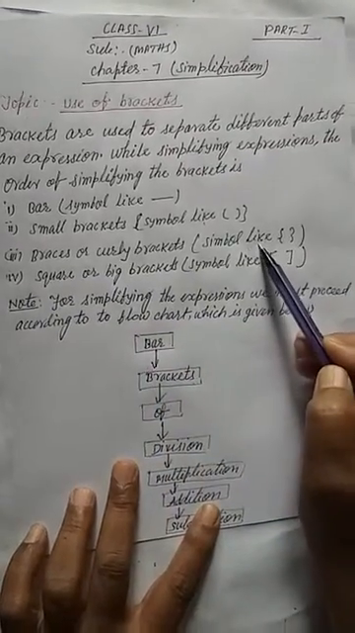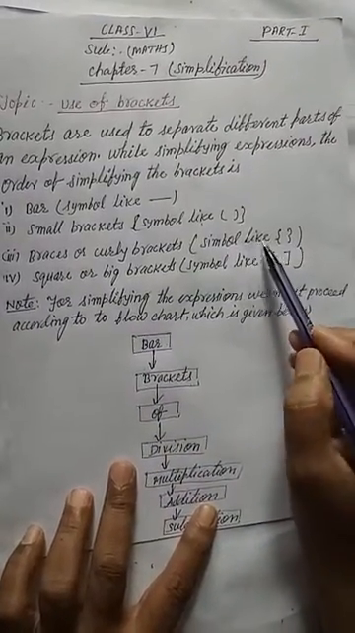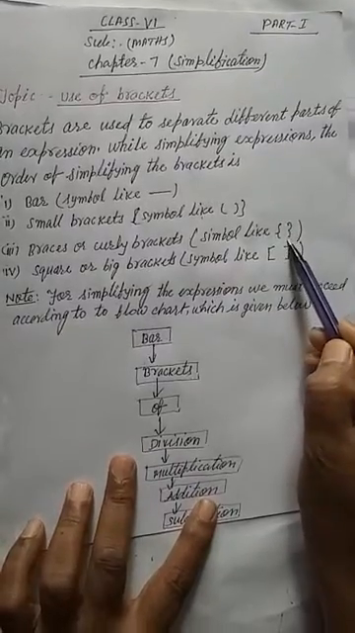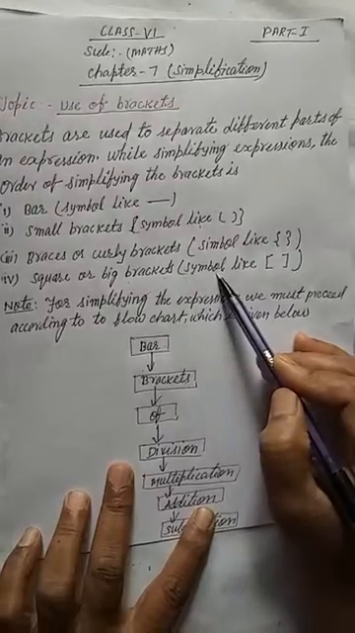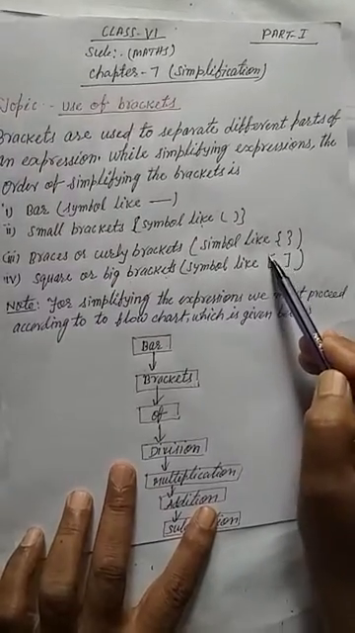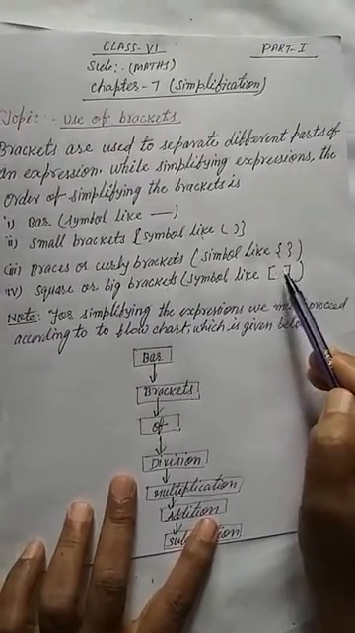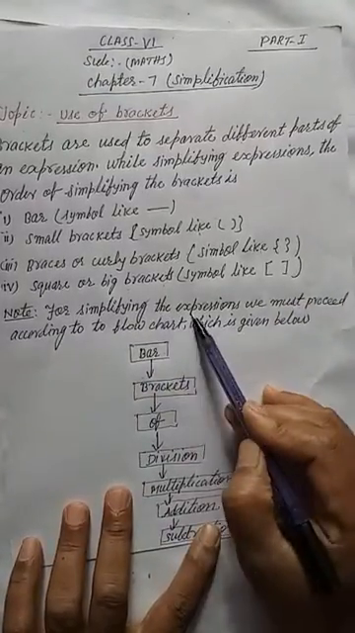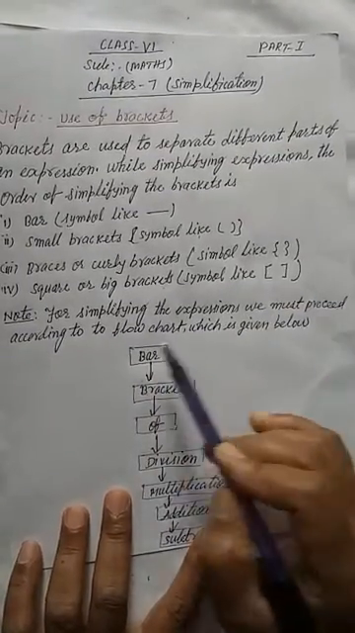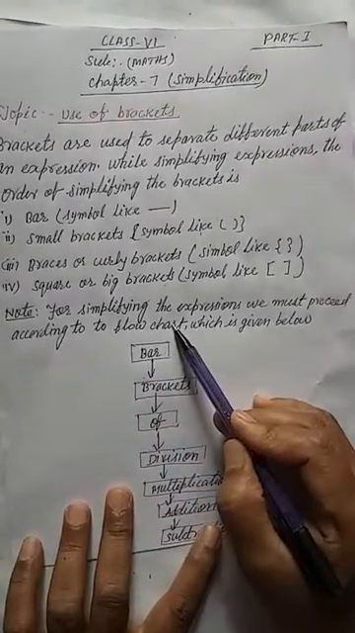So the symbol of this bracket is like this, the curly bracket. Okay, now fourth is the square or big bracket. So the symbol is like this, this one is the big bracket. So you know already. Okay, now note, for simplifying the expression we must proceed according to the flow chart which is